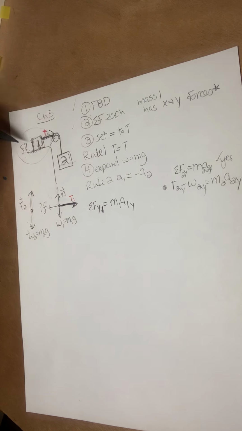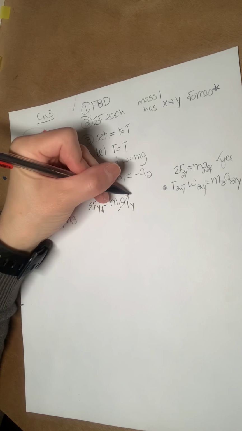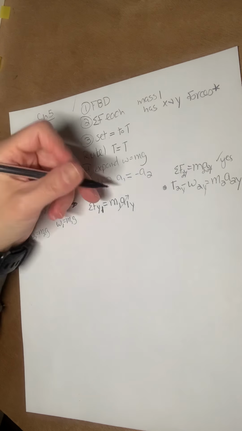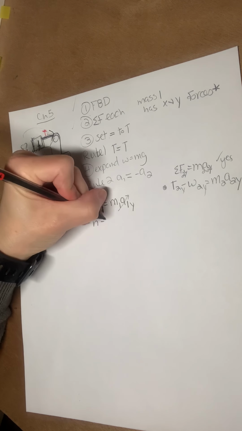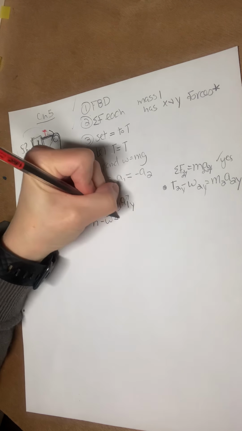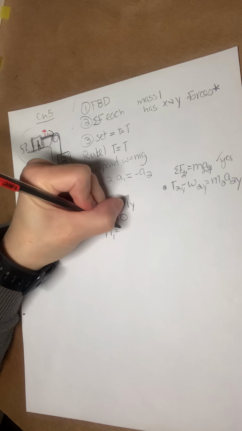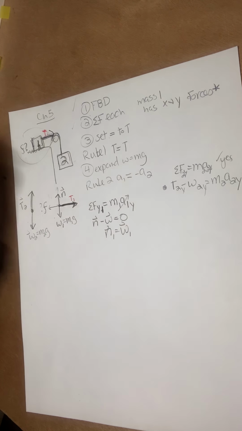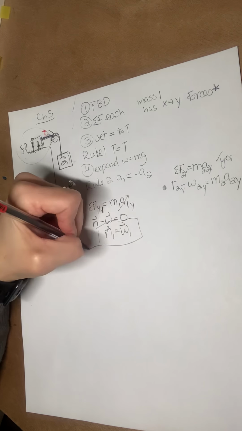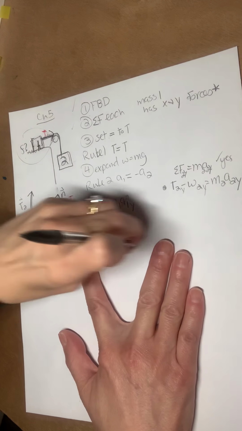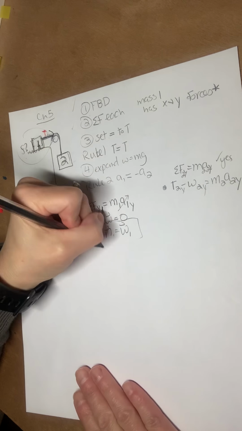Is he accelerating in the y direction? Is this guy moving in the y? No. So in the y, I have normal up minus weight down equals 0. So normal 1 equals weight 1. Okay, I'm going to go ahead and box that because that's solved. Actually, I'll box it with the expansion underneath it. Normal 1